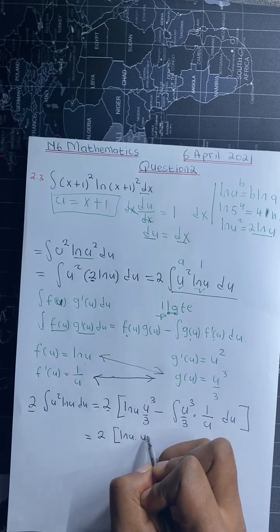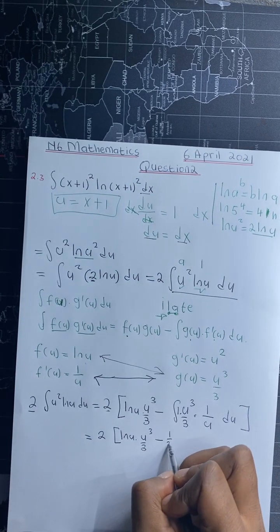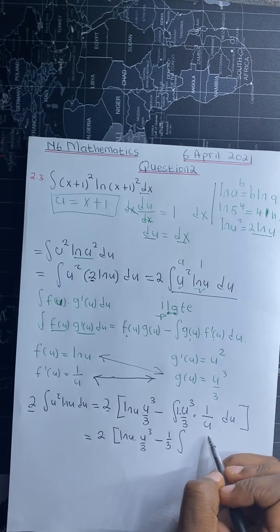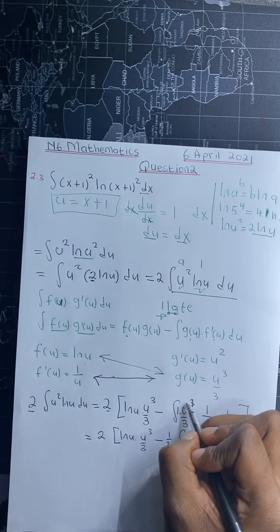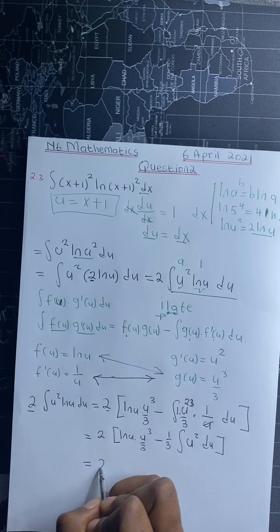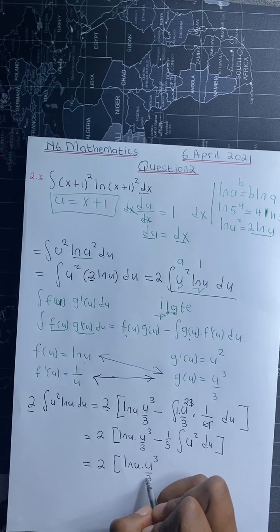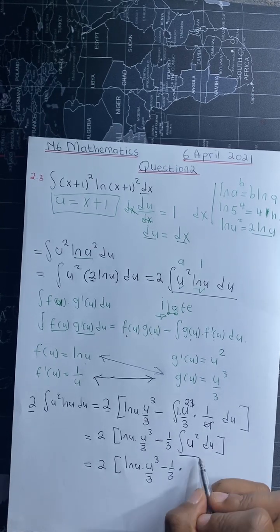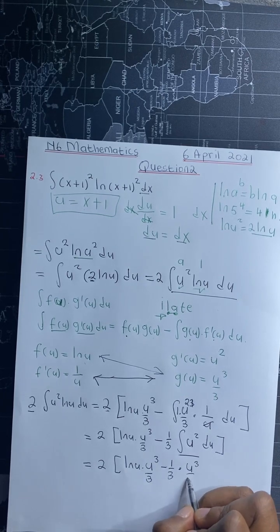So we have 2 times ln u to the power 3 over 3 minus, so this 1 over 3 we can take out of the integral, so u to the power 3 over 1 over u will be equal to u squared. So this u will cancel out with one of the u's there, and we'll be left with u squared du. From here, we can integrate u squared du. So the integral of u squared with respect to u is u to the power 3 over 3